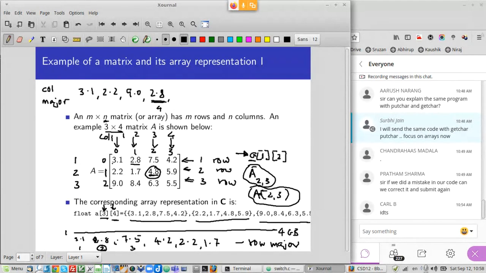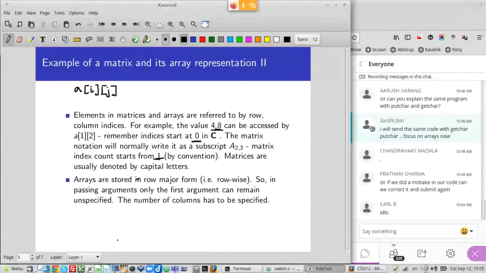So inside the computer, since everything is going to go linearly, you have to be bothered about how the matrix is stored. In a programming language, you have to decide whether it is stored in row major form or column major form. So in C, it turns out that it is stored in row major form.